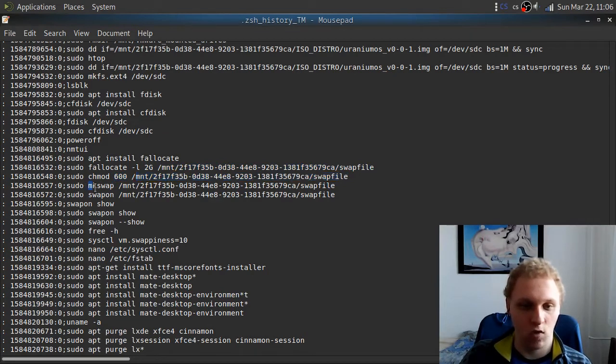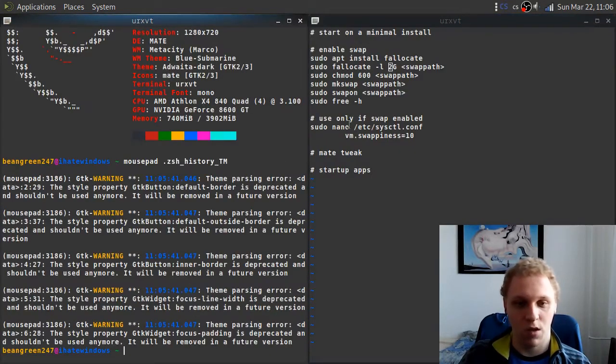Then you make the swap file. Then you turn the basic file into a swap file. And then you enable it. Now you can list your swap files with the swapon show command. Again, it really depends on what you are using. For example, to show you that my swap is working, it was, I believe,